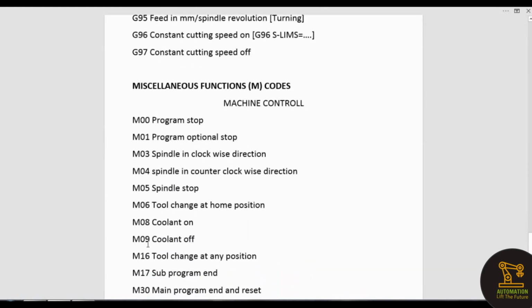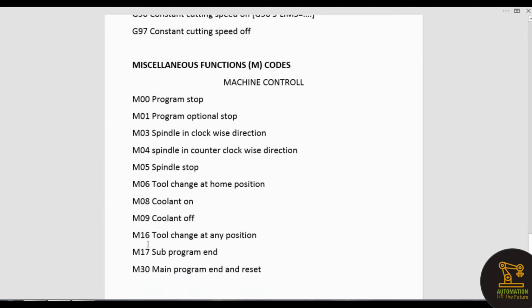Now let us learn about miscellaneous function codes, M codes, which control the machine. These codes are also very important.